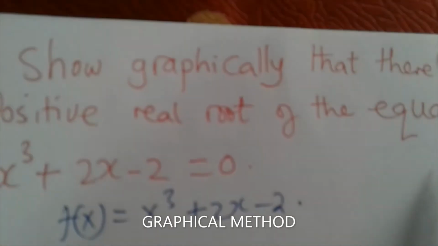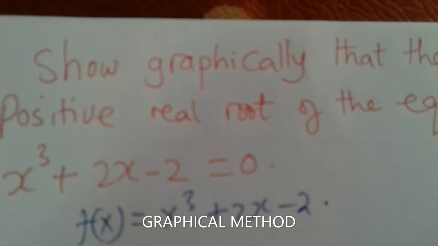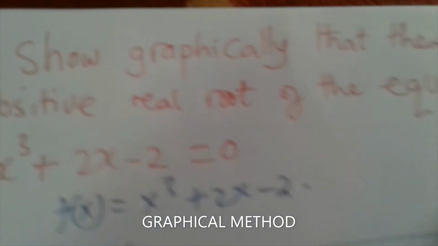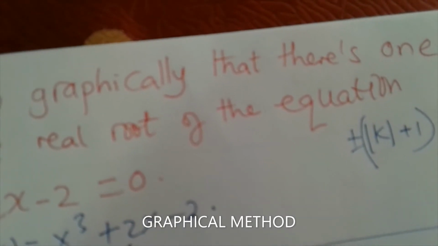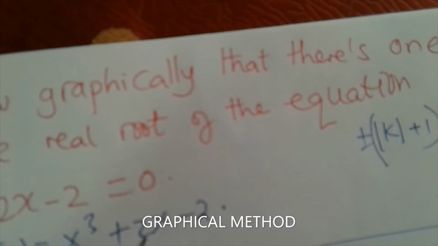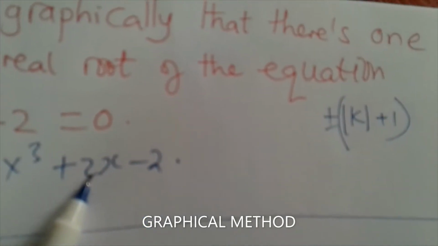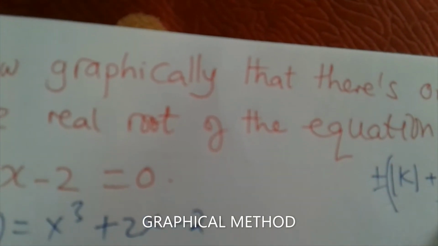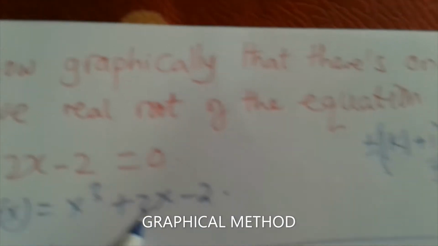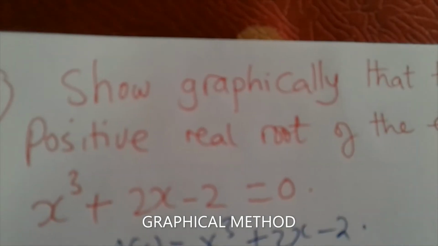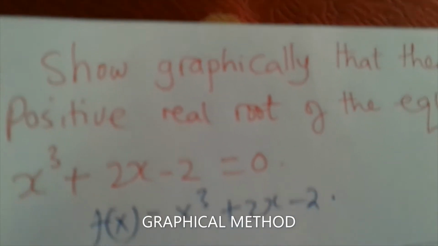Therefore it is our task to get the range, and as we said, you can use plus or minus the magnitude of k plus 1, where k is the biggest coefficient of the terms. So here we have got 2, so we can start from plus or minus 3 because it will be 2 plus 1, which would be 3. Therefore, we can draw a table of values of x ranging from